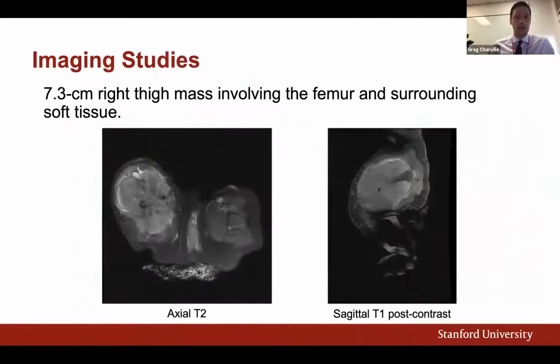So jumping already to imaging studies, initially an ultrasound was performed that identified a mass, and then subsequently an MRI, which I'm showing to you here. I'm not a radiologist, but I'll describe to you a 7.3 centimeter mass that really seemed to fill the proximal right leg, the thigh of the right leg. You can see here it was iso to hyperintense on T